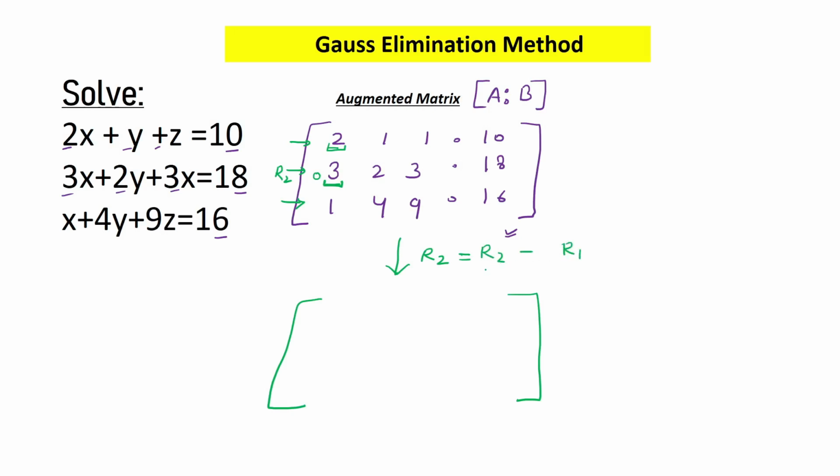So what does it mean? That means you have to subtract this R2 element with this R1 element. But if I subtract 3 with 2, I will get 1. I will not get 0. So if I write R2 minus 3 upon 2 into R1, then see, can we get 0 here? So let's see. So here R2 means 3 minus 3 by 2. Now this R1 means this element. So if we multiply this 2, then we will get answer as 0. So now if I use this 3 by 2, then I can get 0 at this position.